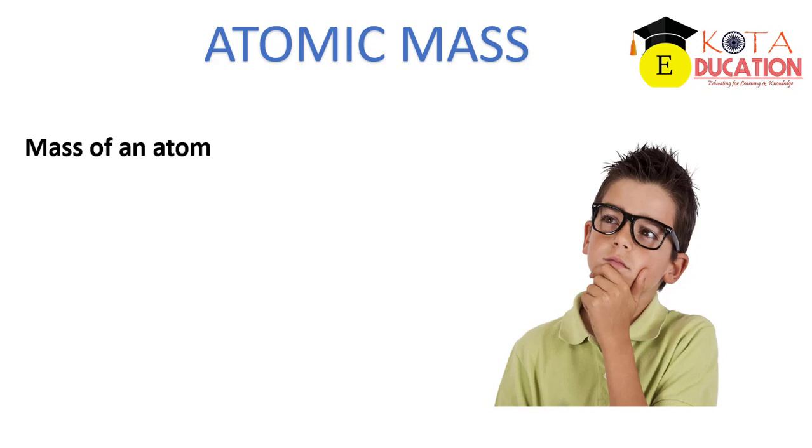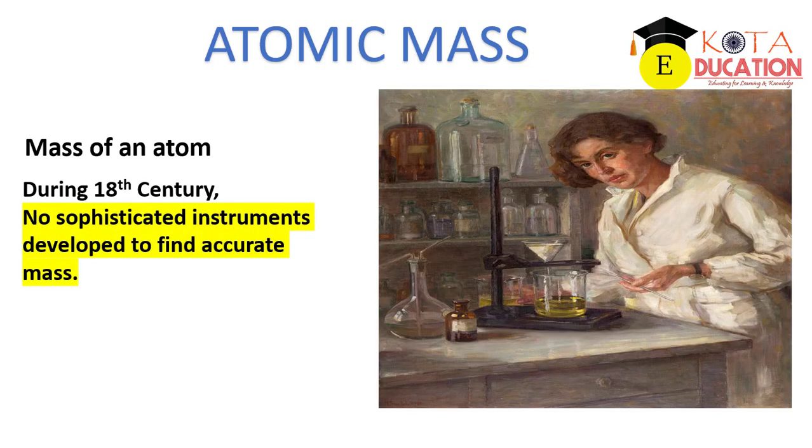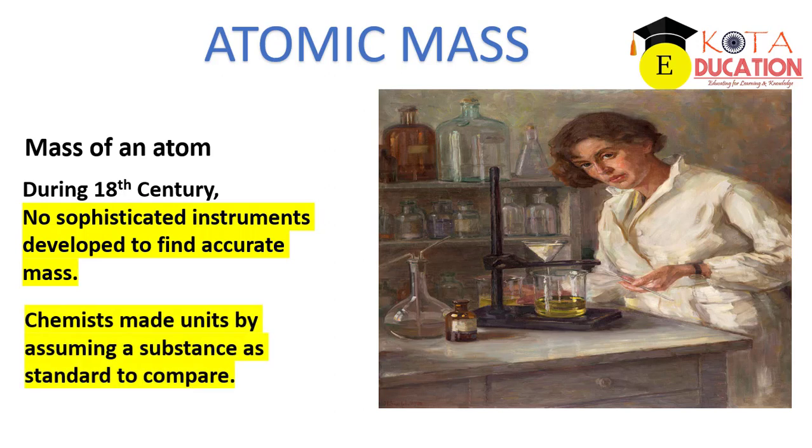So this we know in modern science, means in the present generation we are learning. But during the 18th century, the idea about the electron, proton, neutron was very typical. There was no sophisticated instrument, right? During the 18th century, there was no wonderful instrument like mass spectroscopy or the NMR. These sophisticated instruments were not there, right? So to make the calculation, to make a unit, what they do is comparison.